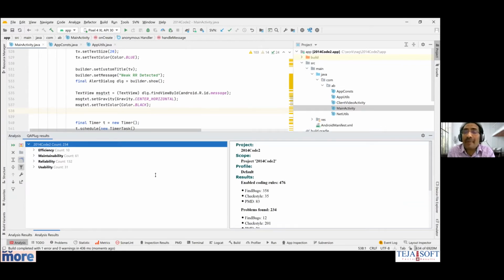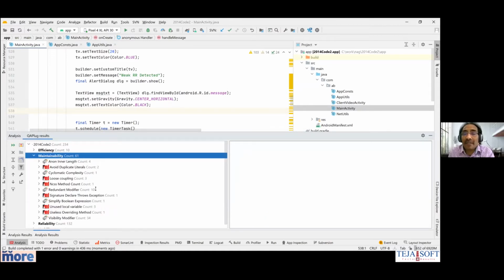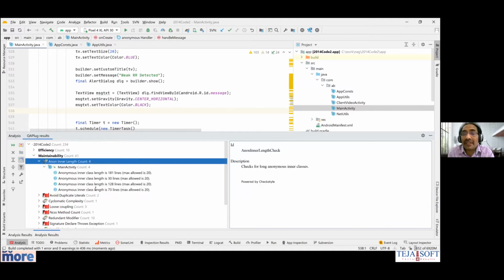So we can always ignore it, saying that I am done. But if you really want to be a professional developer, you should be worried about what the tools are saying, and how to increase your reputation as a product developer. Some of them may be very simple, not very difficult, but when it comes to management viewing it, it is seen as a serious vulnerability, a serious threat to the product.